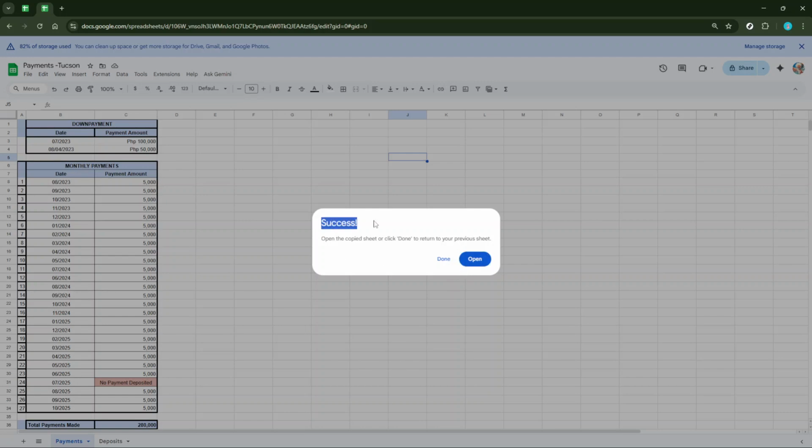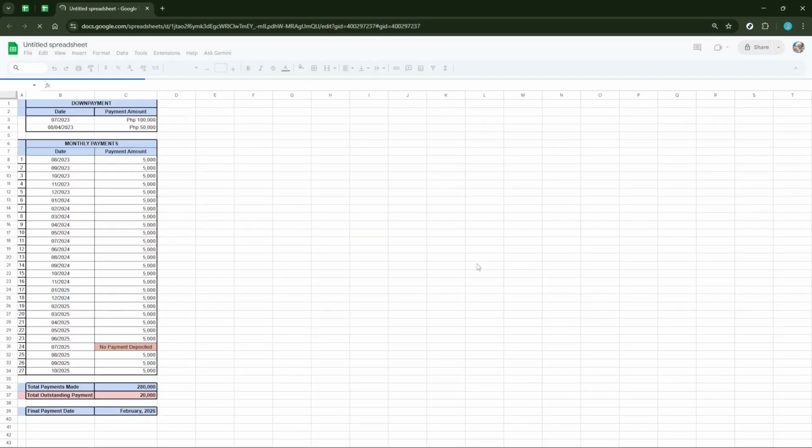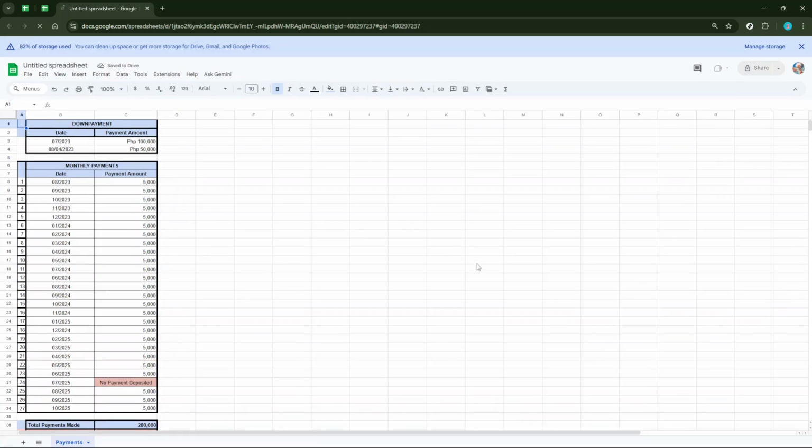Now that your tab is isolated in its own spreadsheet, it's time to open this newly created document. You should see a notification or a link indicating that your tab has been successfully copied. Follow this link to open the new spreadsheet. If you happen to miss the notification, don't worry. Simply return to your Google Drive, where the new document will be available. Having opened the new spreadsheet, you're now ready for the final step.